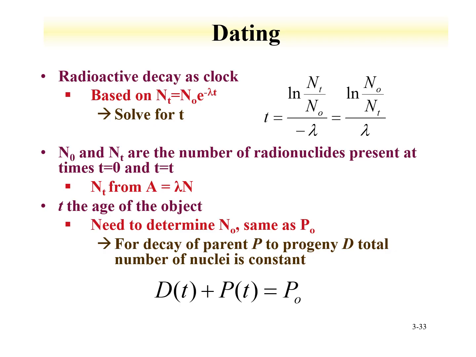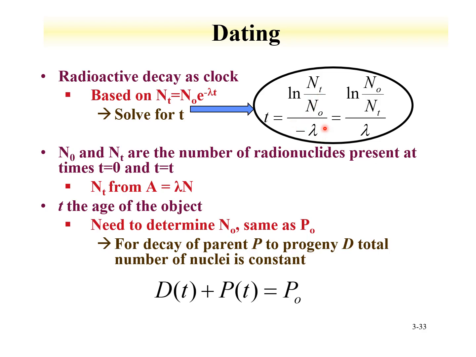So if we have a long-lived isotope that decays to some ground state or stable progeny or long-lived progeny, we can use this as a clock to determine the age of something. And the clock is basically from this equation where the number of atoms at a given time t is just equal to the number initial times e to the minus lambda t. So let's rearrange this equation and solve for t, and the equation becomes what is shown here, where t is equal to the natural log ratio of the initial and the number of atoms at time t, and the decay constant